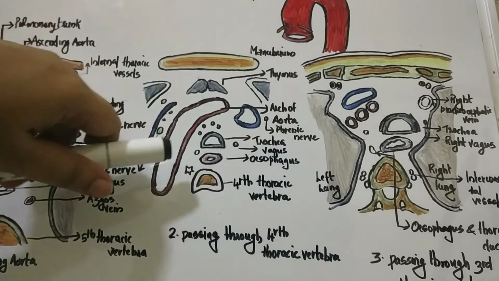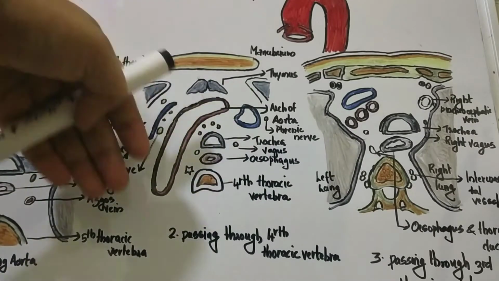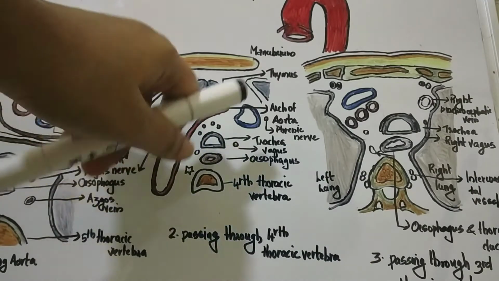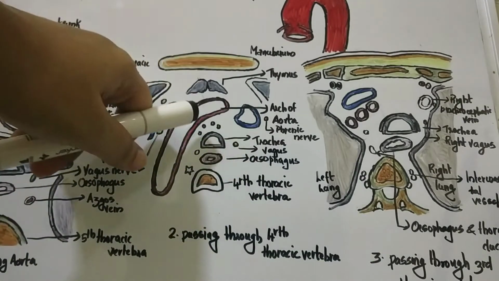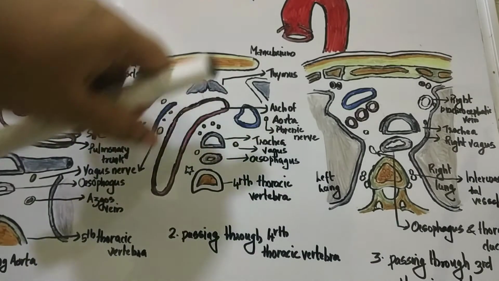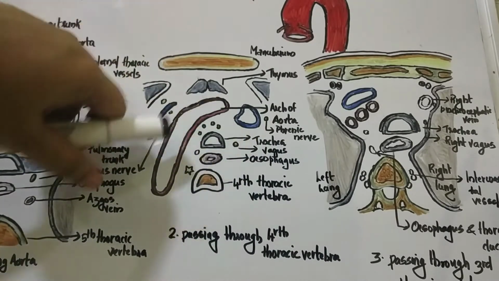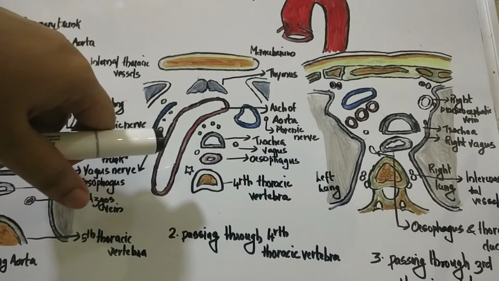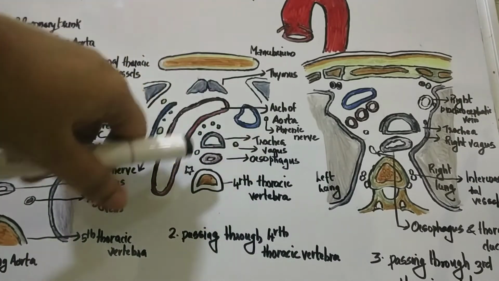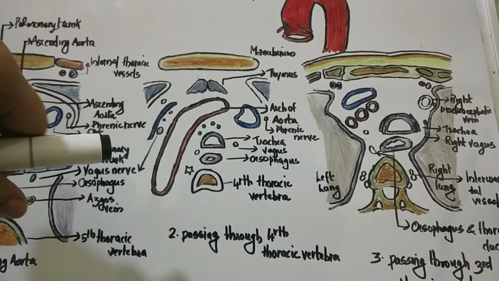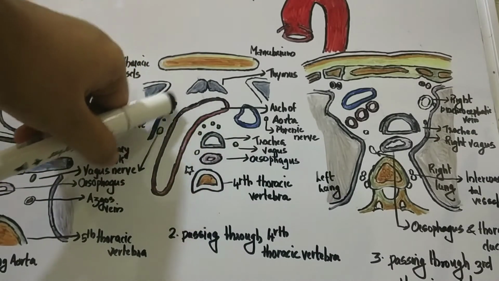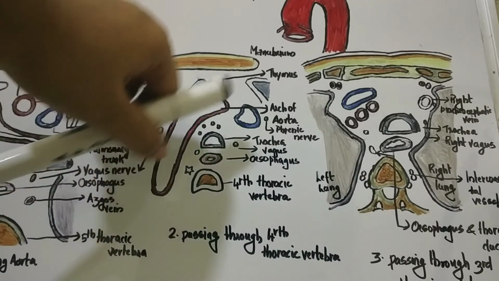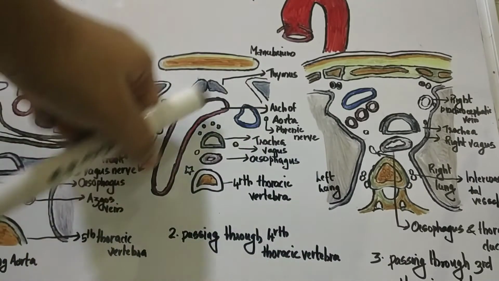So that can be seen anteriorly, and below it, that is inferior to the arch of aorta, you can see the bifurcation of the pulmonary trunk and the left bronchus, that is, it arches over the root of the left bronchus. We have already discussed that. And also the ligamentum arteriosum, where there is a superficial cardiac plexus, and also the left recurrent laryngeal nerve. That can also be seen below the arch of aorta.